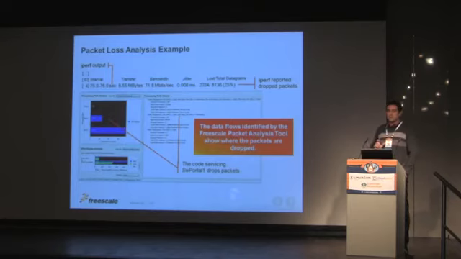What that tells us is that there's a 25% packet loss. But the tool does not tell us anything about why that happened. And when we use the packet analysis tool, which is on the screenshot here, we get to see very clearly that the packets have been processed on two different processing paths, and I'm going to explain what that means in a few slides. And we can see that